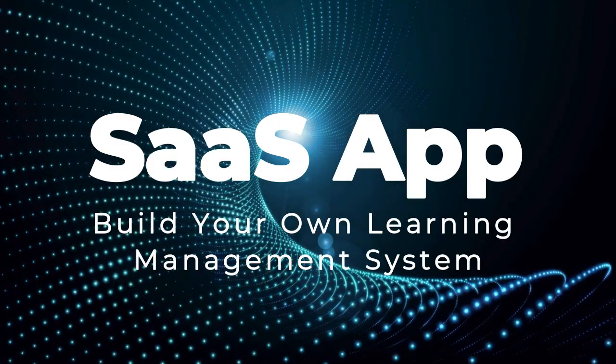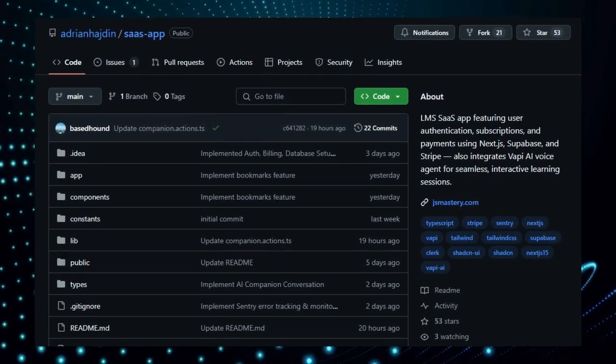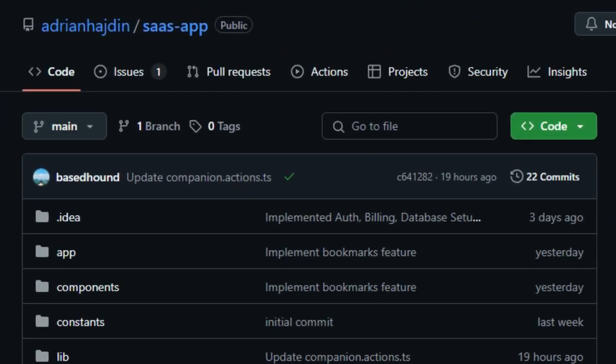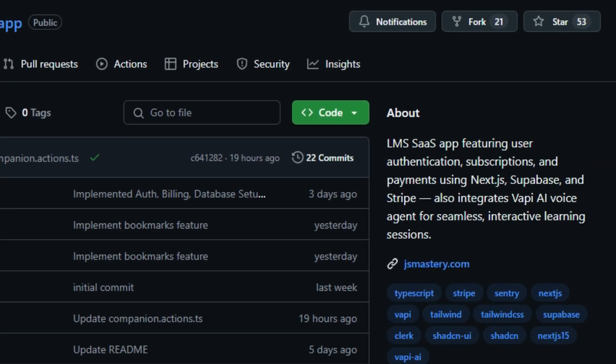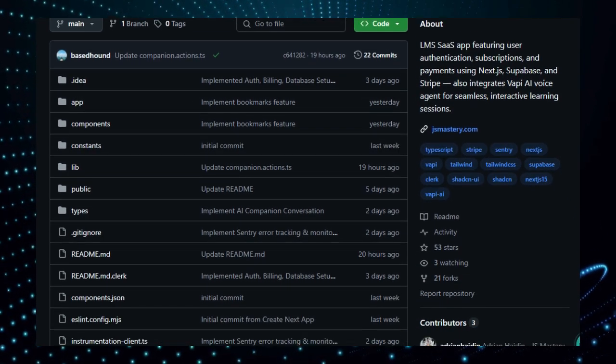Build your own learning management system. Imagine creating your own online learning platform with built-in payment systems and user management. That's exactly what the SaaS App project by Adrian Hajdan offers. This open-source project provides a comprehensive template for building a learning management system, LMS, using modern technologies like Next.js, Supabase,